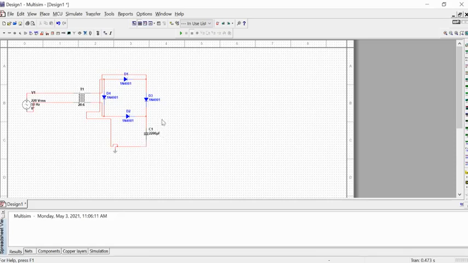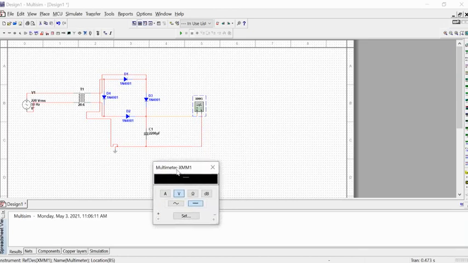Now you want to check whether this is okay or not. You just need to put a multimeter here to check the voltage waveform at the output of this bridge rectifier, like this. Now you are measuring the DC voltage, so you need to put it on DC. If you put it on AC voltage, it will not give you any value because there is no AC voltage at the output of the bridge rectifier. So now when I run it, you can see after the bridge rectifier we are getting 52 volts of DC.